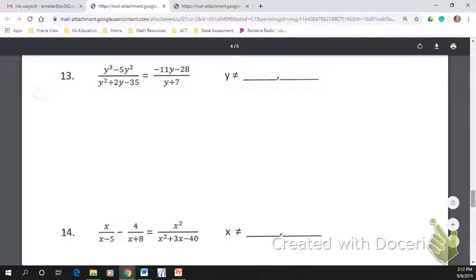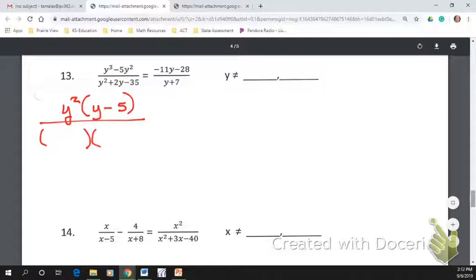Okay, another equation. So we want to factor everything we can so we can tell our excluded values. So let's just rewrite that whole thing. So you get y cubed minus 5y squared. So if I factor out a y squared, I'll be left with a y minus 5, over